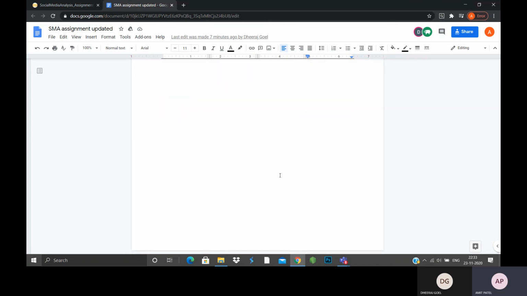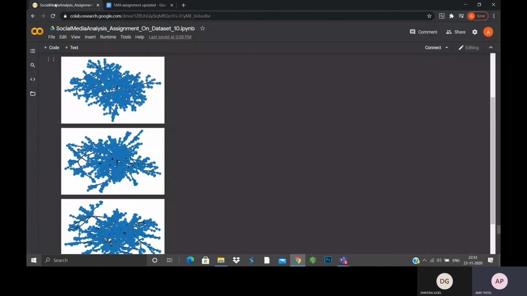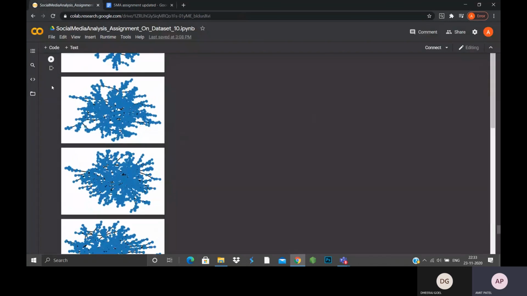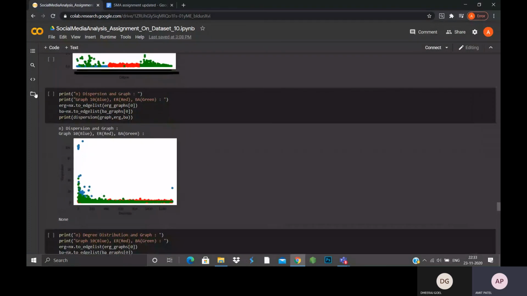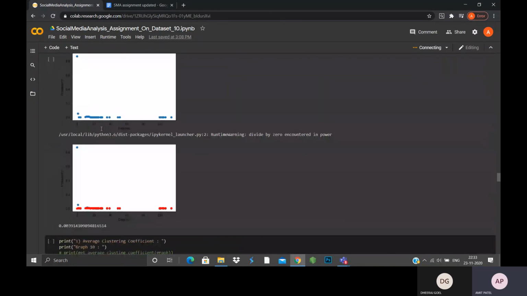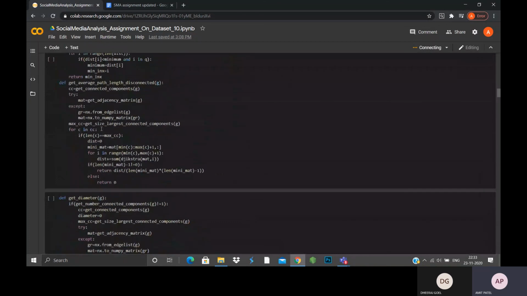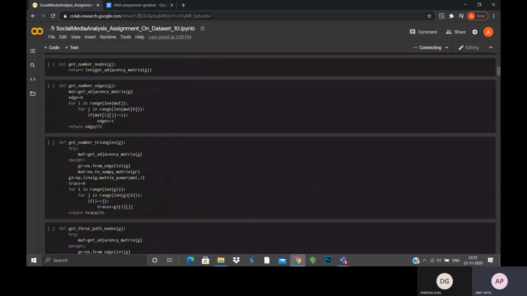This is all for our presentation of the assignment. Later, we can introduce you to our code. Basically, in our code, we use Colaboratory, which has better GPUs. We mounted our data set into Google Drive and later passed it into our function. And we generated these, meaning we get these inferences.